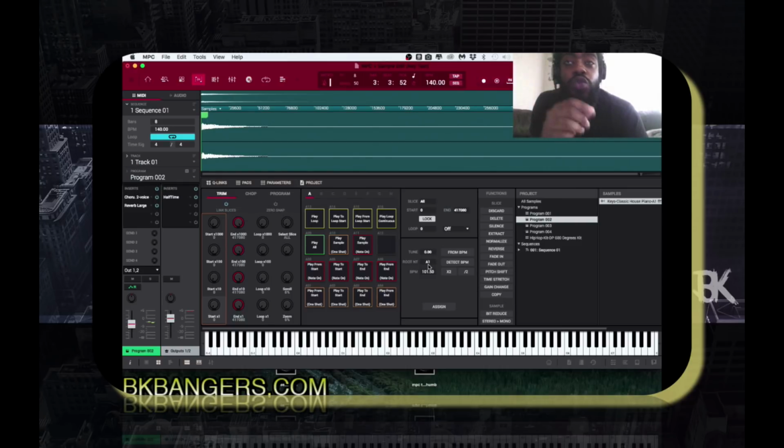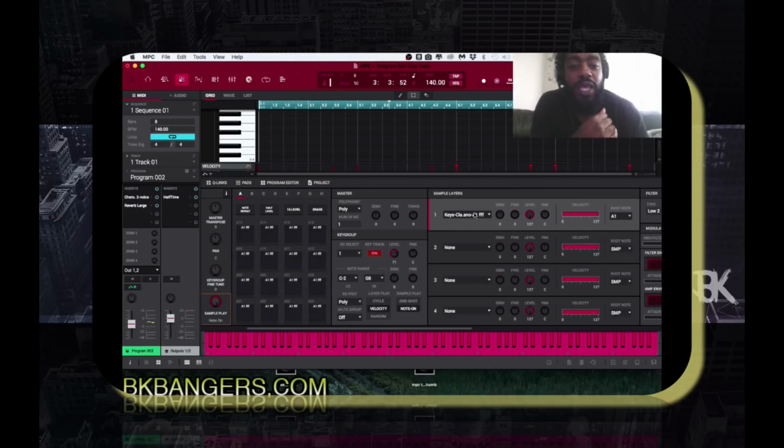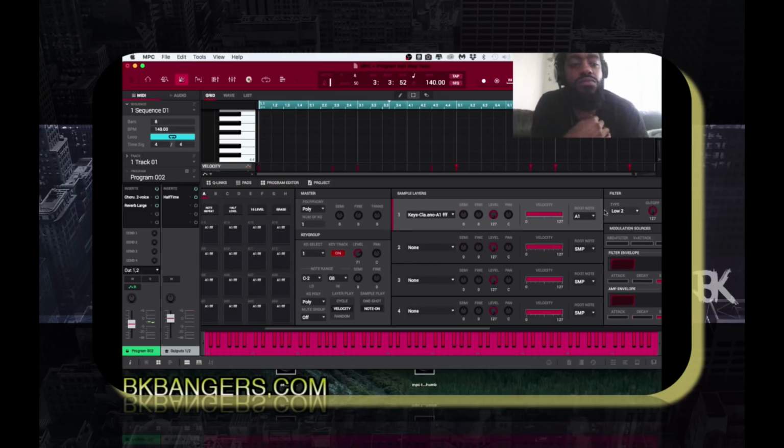If you're using your own sound, whatever sound that may be, it is beneficial if you know what the root note is. Therefore, when you go into program edit and you put the sample in layer 1, you could then go to root note and put in the appropriate root note for it. So when you play it across the keypad,